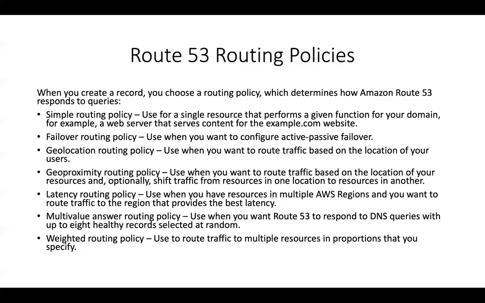And the next routing policy is called geoproximity, which they released in the year 2018, I believe. You can use this to route traffic based on the location of your resources and optionally shift traffic from resources in one location to resources in another. You'll get more clarity when I show you the example. If you remember the world map sitting in front of your eyes right now, and you divide the world map into multiple different sections, then based on each section, that respective set of users will be able to view the website that has been hosted in that respective region. That's pretty much possible. I'll show you the diagram in the next slide and you'll get an idea.